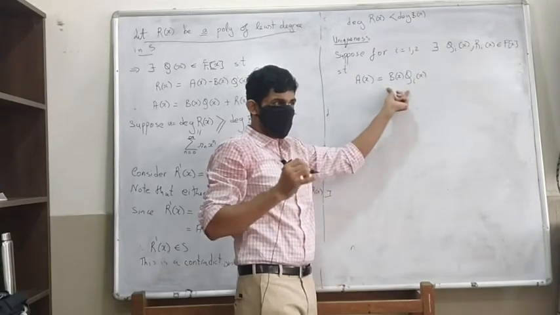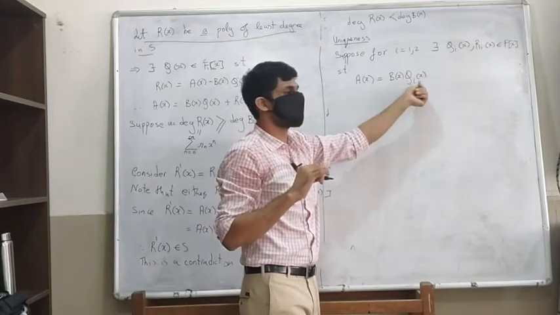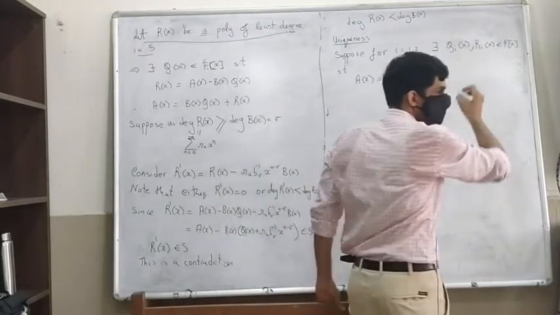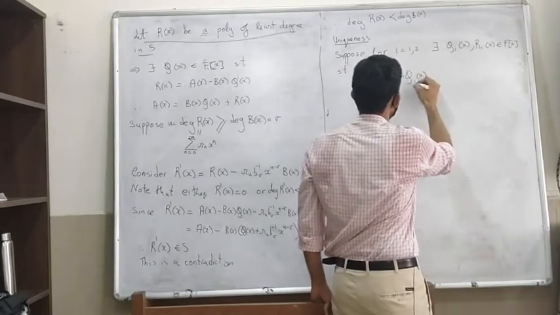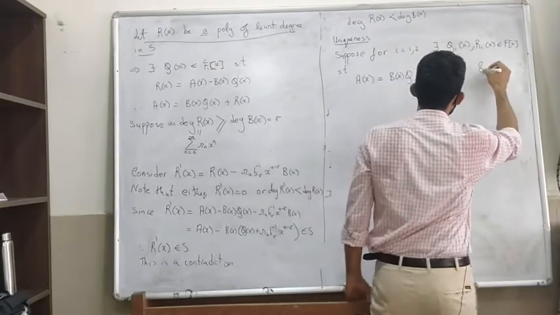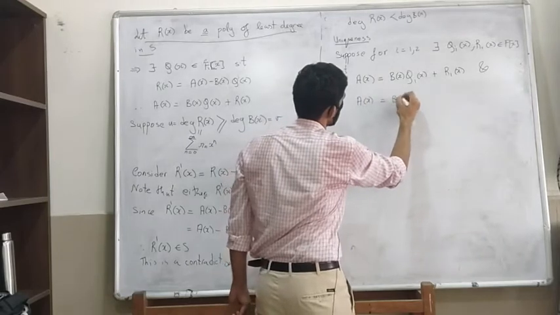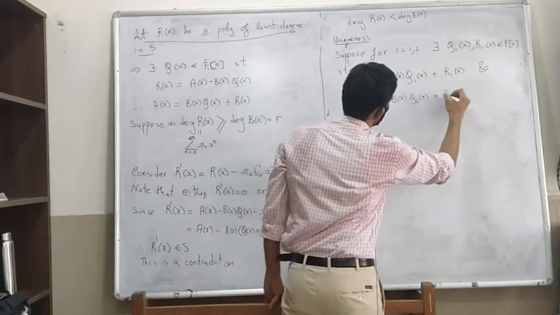I am writing two equations in one shot. Okay, this is a of x equals b of x times Q1 of x plus R1 of x, and you can also write your a of x as b of x times Q2 of x plus R2 of x,